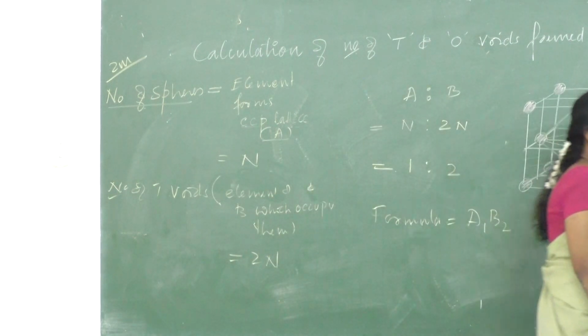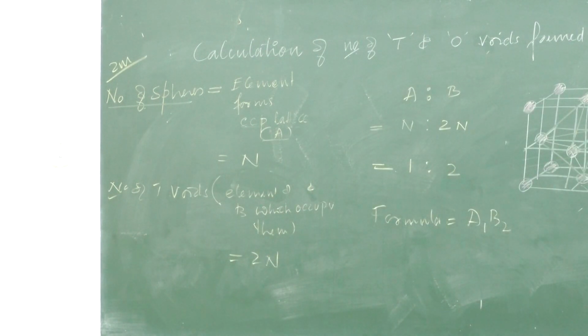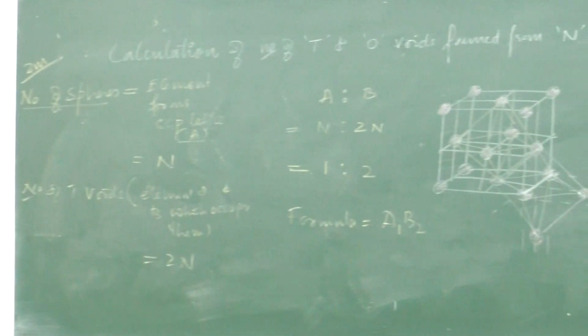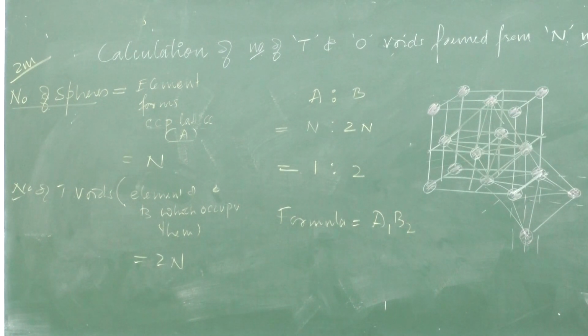Of course, in the competitive exam you are going to get this kind of question. So read this paragraph and come for tomorrow's class so that we can solve some more questions based on that. Okay? Is it clear? Either all the voids are occupied by the smaller atom, or part of the O-voids or T-voids are occupied. A fraction of the T-voids may be occupied, or all the T-voids may be occupied, depending on the formula. It all depends on the formula of the compound.